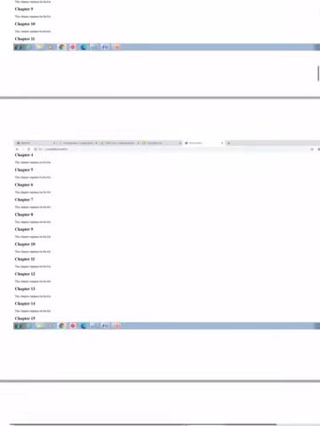In this particular side, if you see, we are unable to see chapters 1, 2 and 3, because the bookmark has been activated to chapter 4. That's why we are getting from 4 to 15, 16.